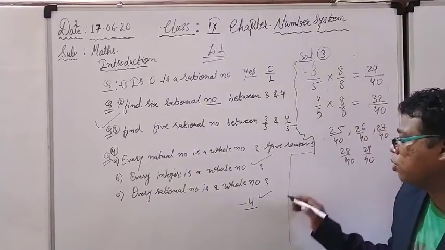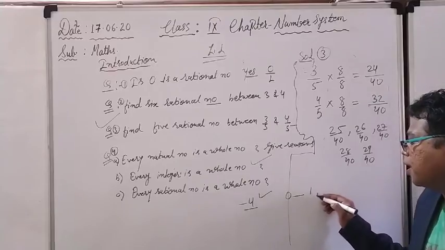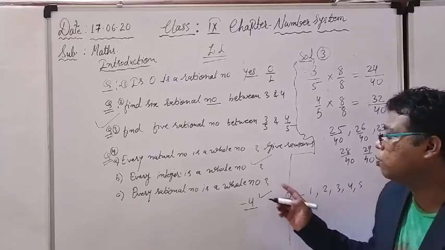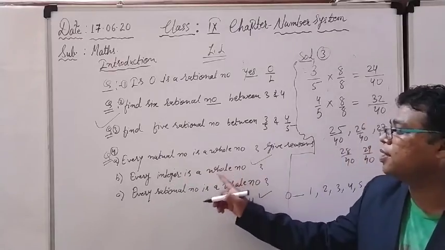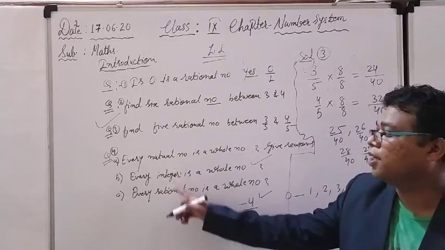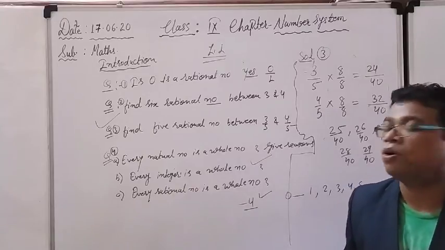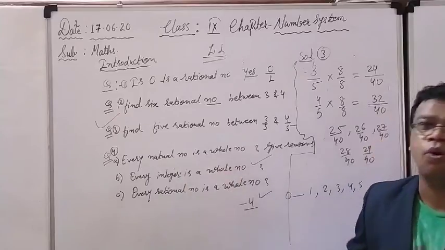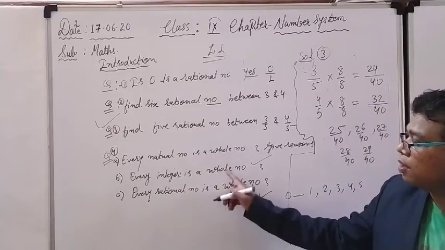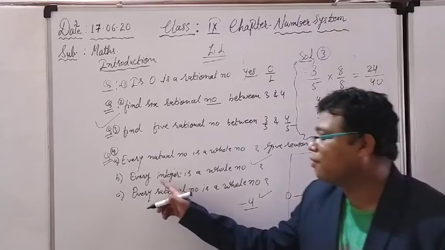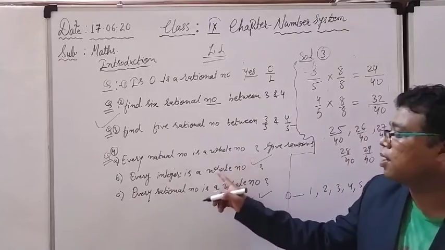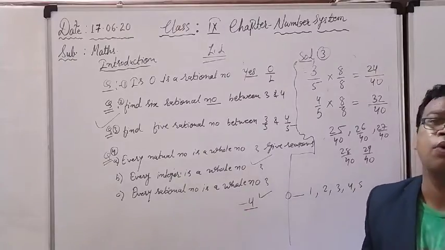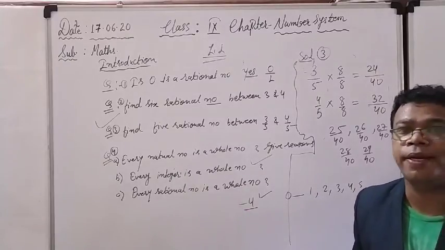नहीं. क्यों? क्योंकि whole number तो 0 और 0 के बाद आने वाले हर positive integer के लिए बना हुआ है. So every integer is a whole number, it is a wrong statement. Why? Because the integer includes the negative numbers also, and we can't say a negative number is a whole number. So that is the answer for B. No, we can't say every integer is a whole number because the integer includes the negative numbers also, and in the set of whole numbers negative numbers are never included.